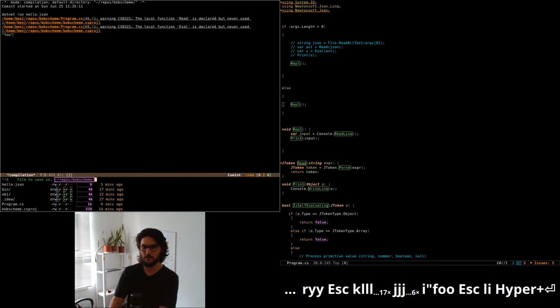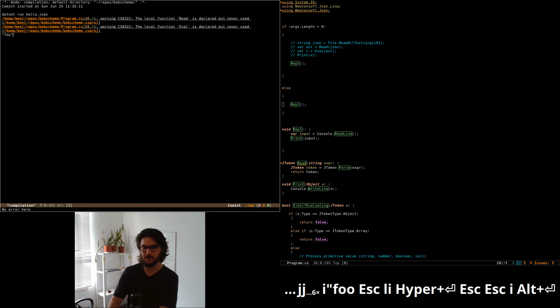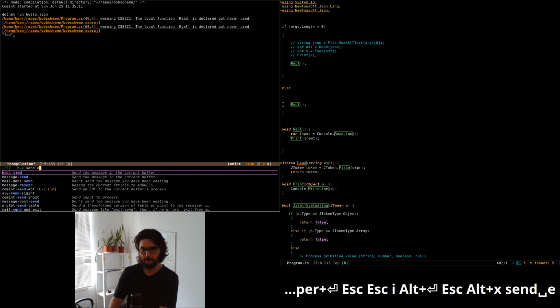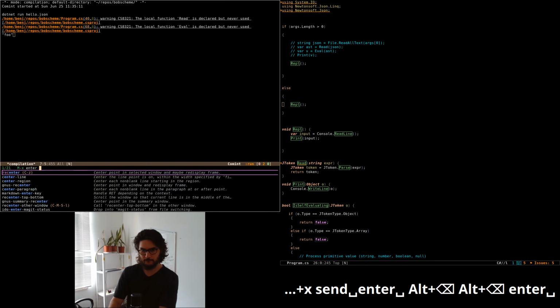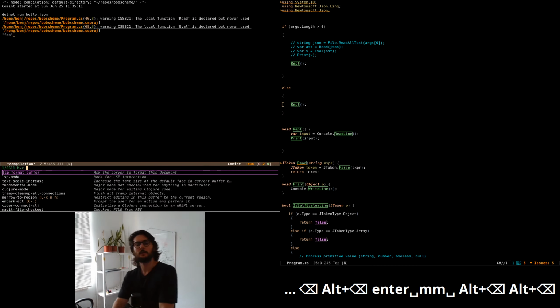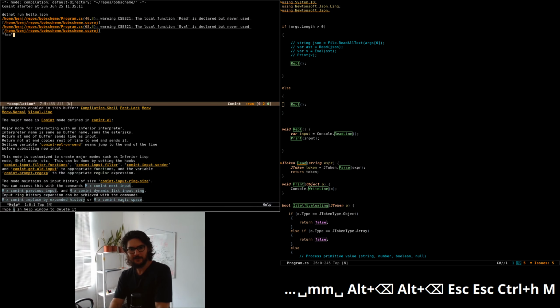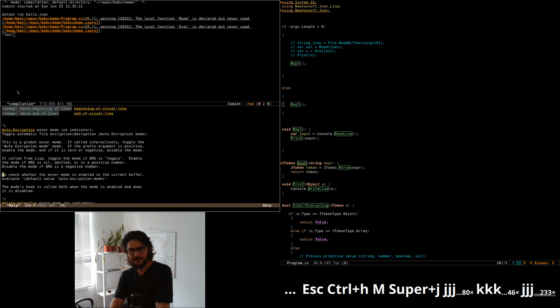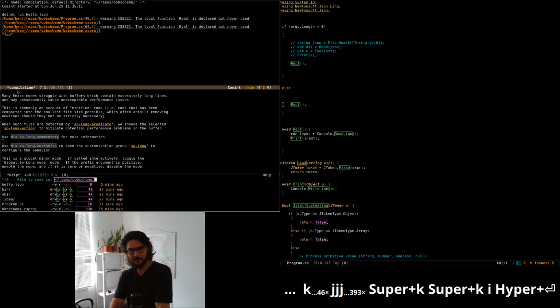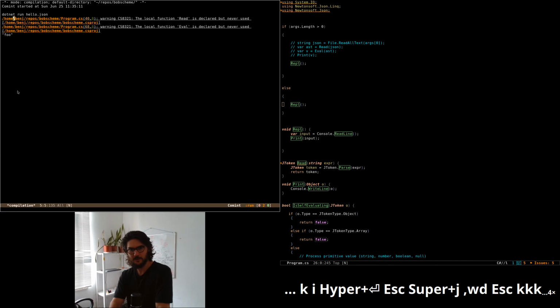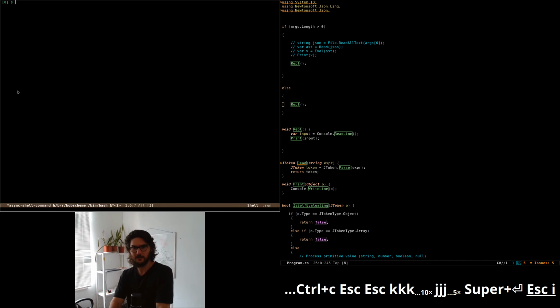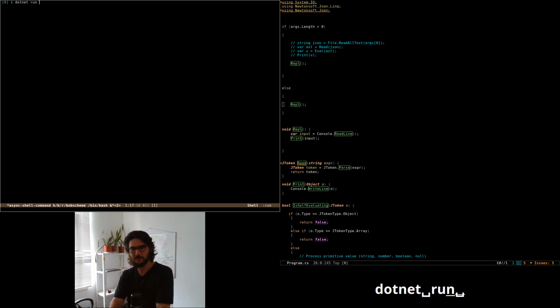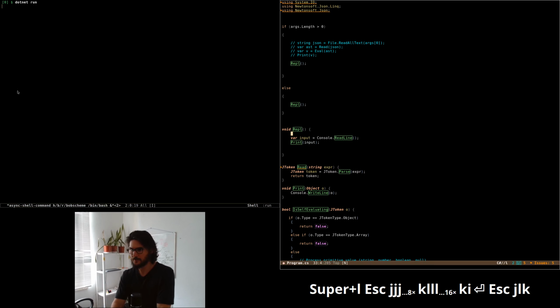Foo. And then I have some function defined to send enter, but maybe not in compilation mode or something. So I'm gonna kill this. In a terminal should be good, I'm gonna say .NET run without an argument. Yes, I need a